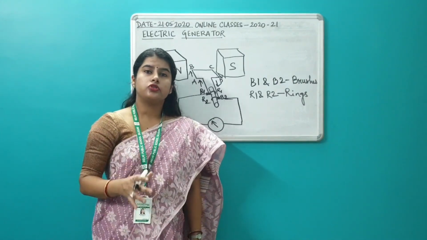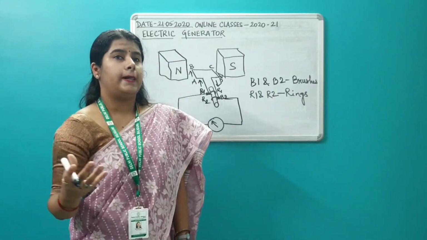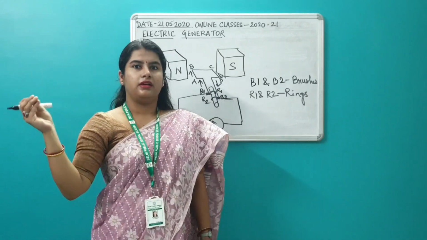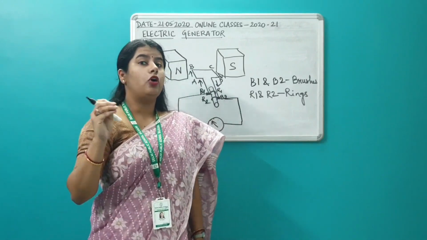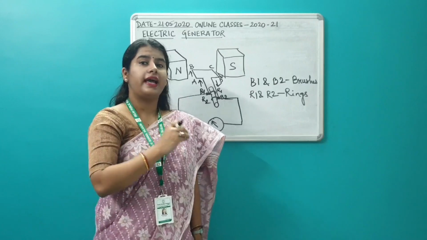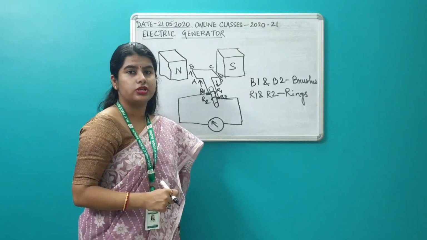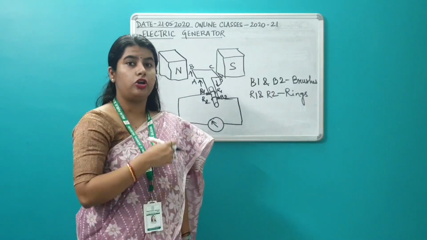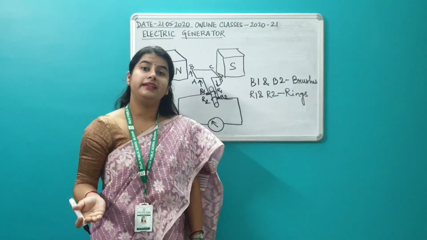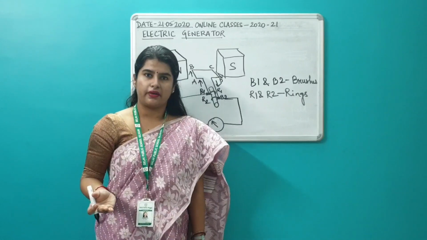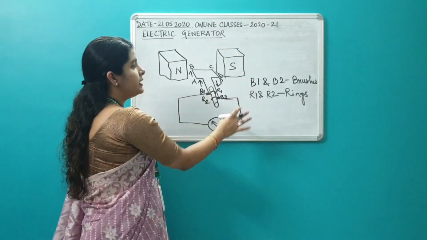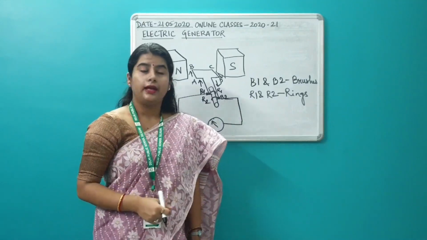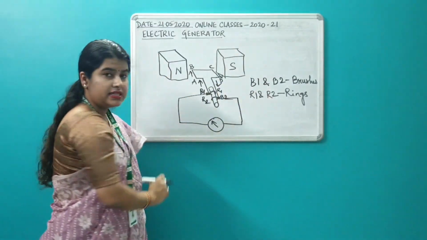In most cases where electricity is supplied over long distances to homes and industries, AC current is used, because loss of energy is less in AC current for long distance transmission than in DC current. DC stands for direct current. Now, this is an AC generator, which is also known as an alternator.